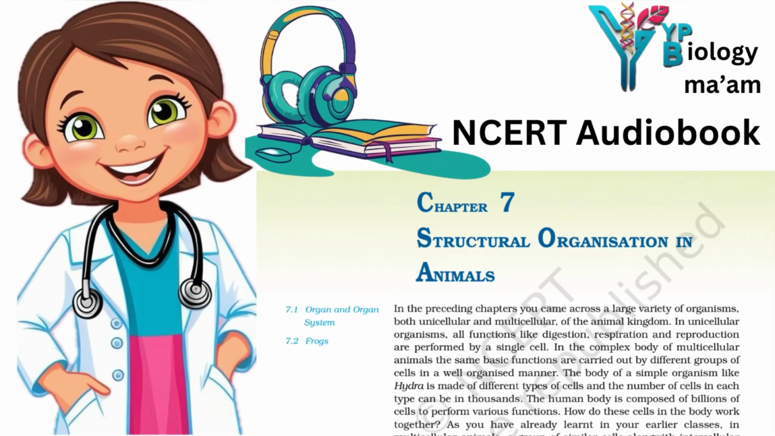7. Structural organization in animals. In the preceding chapters, you came across a large variety of organisms, both unicellular and multicellular, of the animal kingdom. In unicellular organisms, all functions like digestion, respiration and reproduction are performed by a single cell. In the complex body of multicellular animals, the same basic functions are carried out by different groups of cells in